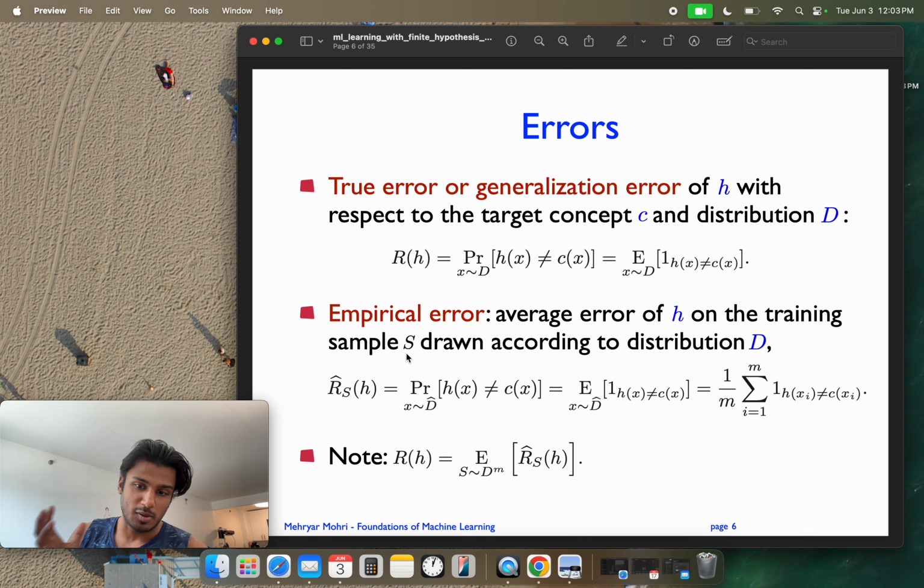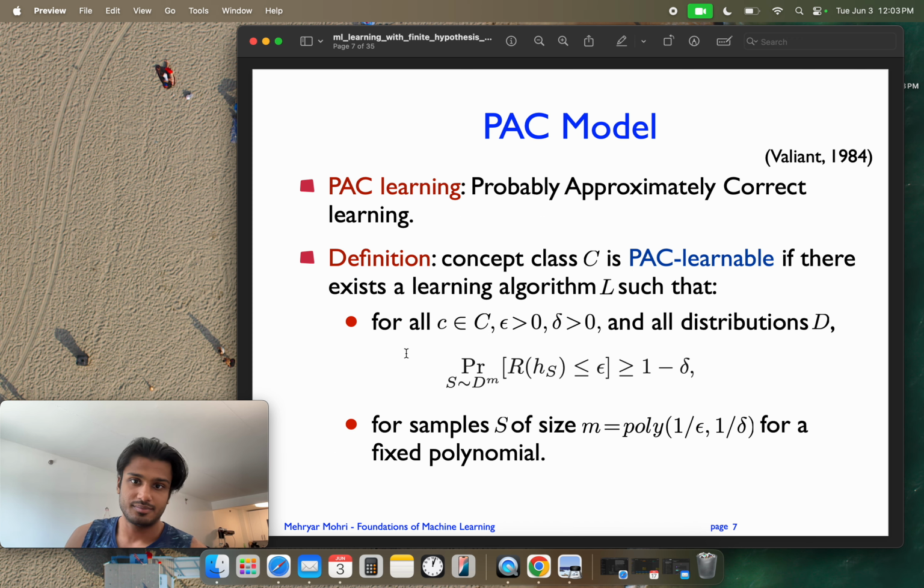And we studied probability bounds in the last lecture, so somehow maybe we can calculate the empirical risk and give some high probability bounds on what the true risk of this hypothesis could be, and we'll see that. So now the PAC model. The PAC learning model is the probably approximately correct model. So the definition is: a concept class C is PAC learnable if there exists an algorithm L such that,